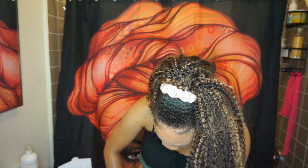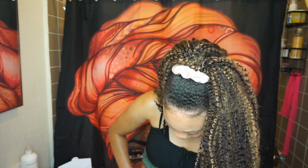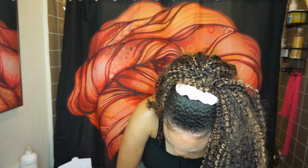It's very important too to listen to your skin. So if you see your skin becoming irritated, red, raw, you want to stop doing that, or just give your skin a break. It is important that you pay attention to what your skin is telling you when you are waxing yourself, because you don't want to lift skin or anything. But once you get the hang of waxing yourself, 1, 2, 3,